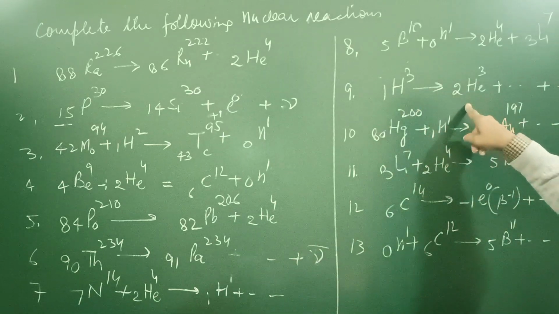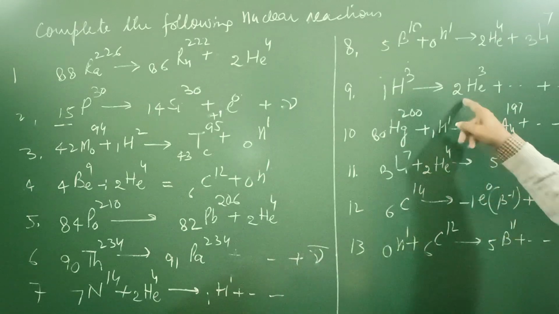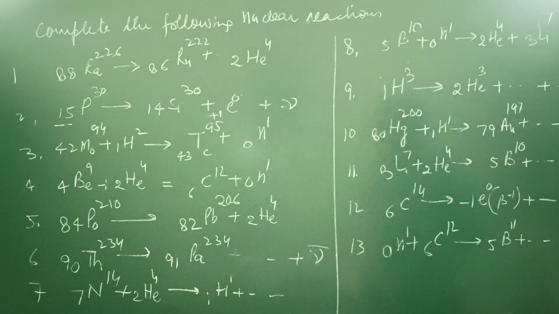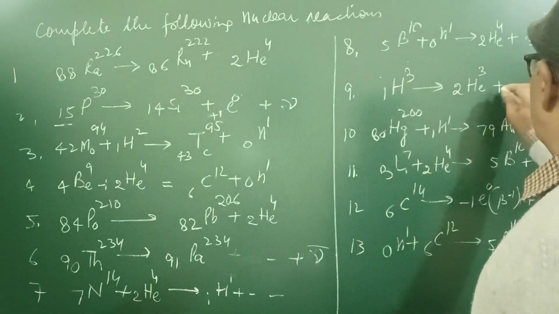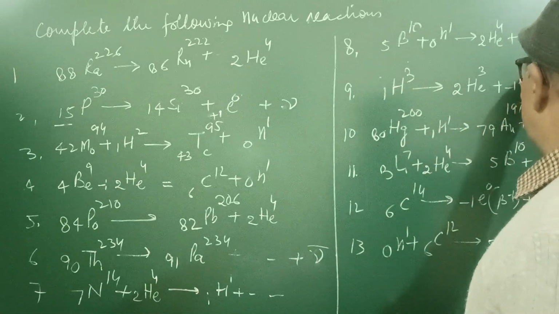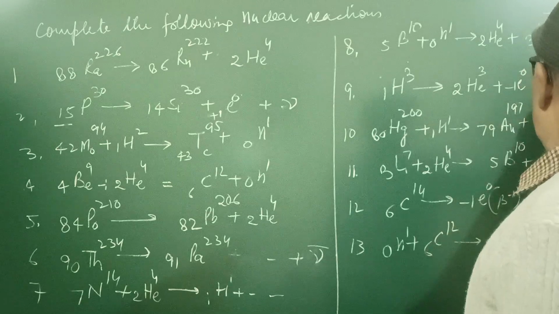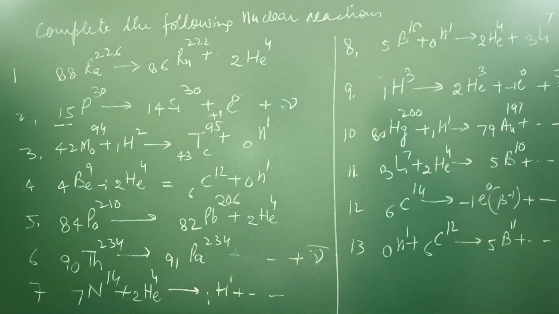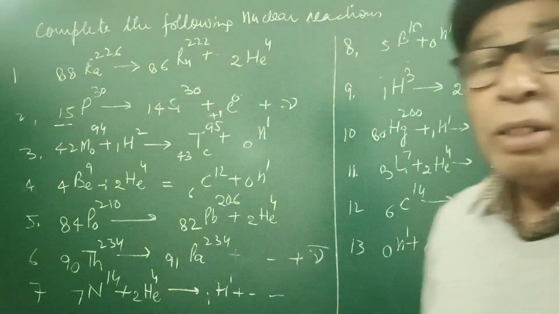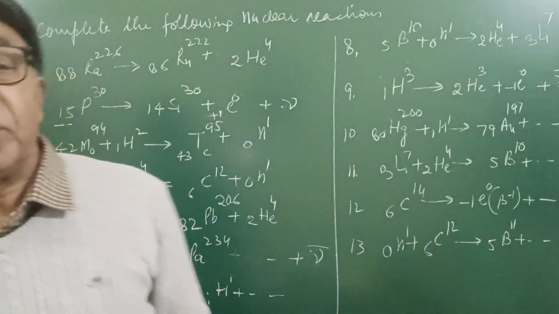1He3, this is a little difficult for you. How has the atomic number increased? Here it is 1, here 2. So here we will have -1E0 plus an anti-neutrino. And the rest you can fill up and try to get some more reactions